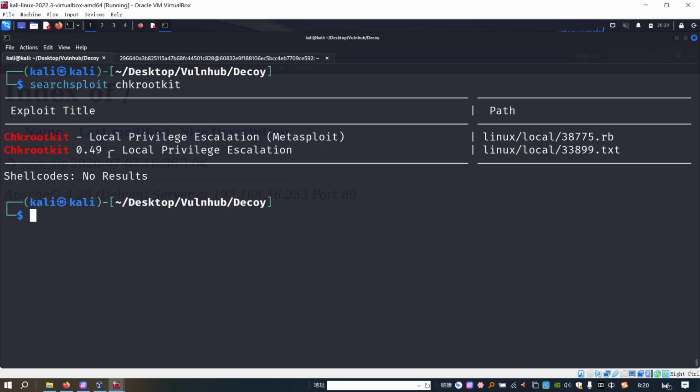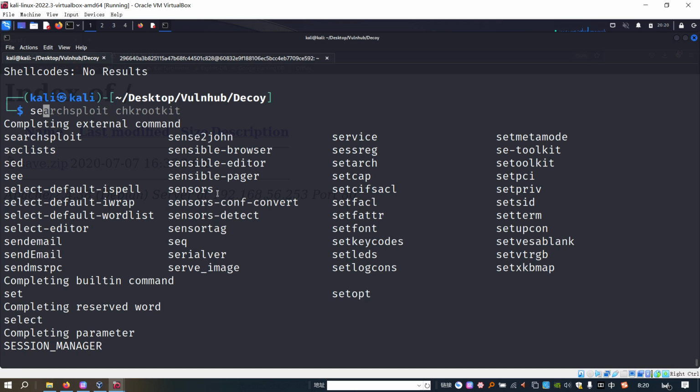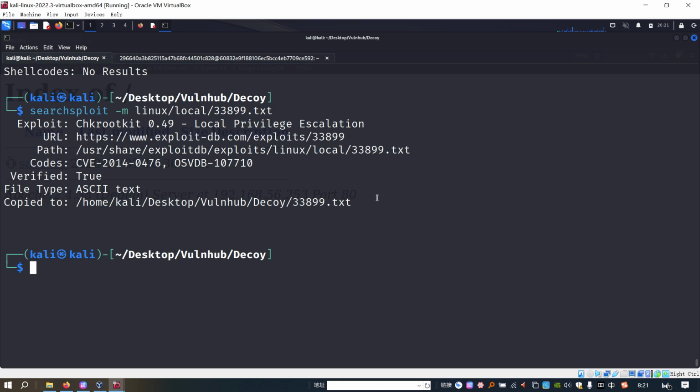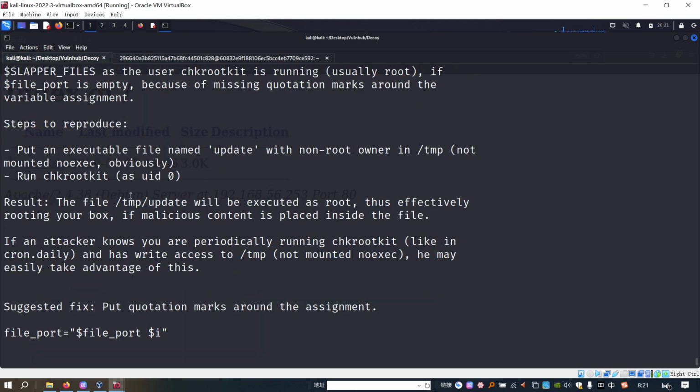Okay, actually this one, and the version is exactly matching. So next we can search with the option -m to copy this out. I think this is not exploit code, maybe some sort of instruction.